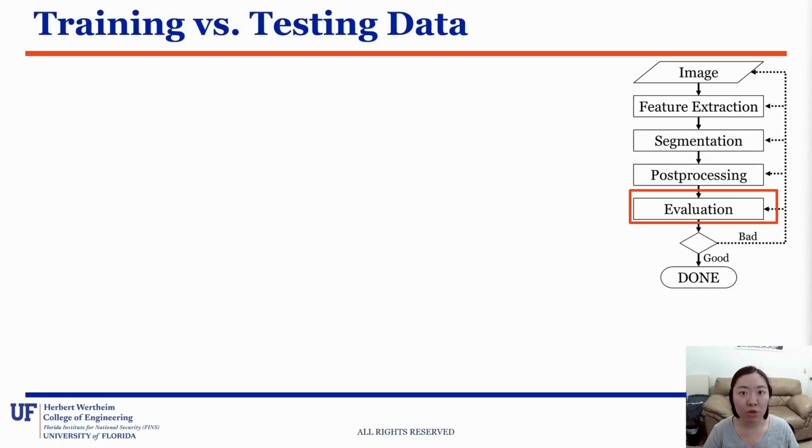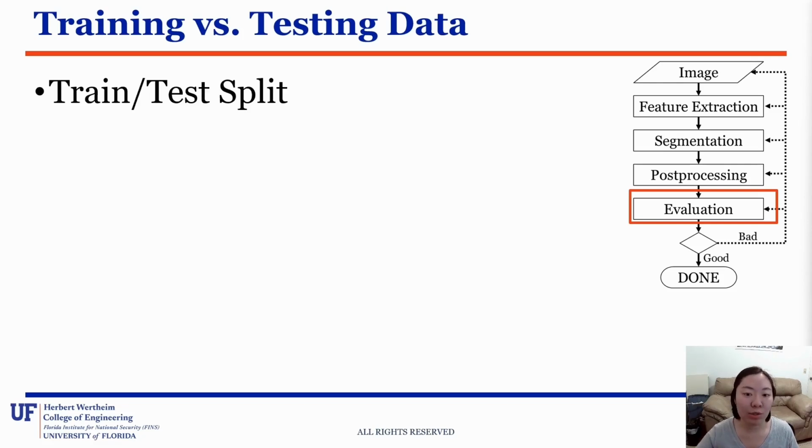When discussing machine learning, we need to understand the difference between training and testing data. Training data, as its name implies, is used to train or teach our machine learning algorithms. Testing data is used to test or evaluate our algorithms. To make sure our algorithm can generalize well to unseen scenarios, we need to ensure the training data and the testing data are separate. We can do this by adding a train-test split, which is typically represented as a ratio. For example, an 80-20 train-test split means 80% of the data is used for training, while the remaining 20% is